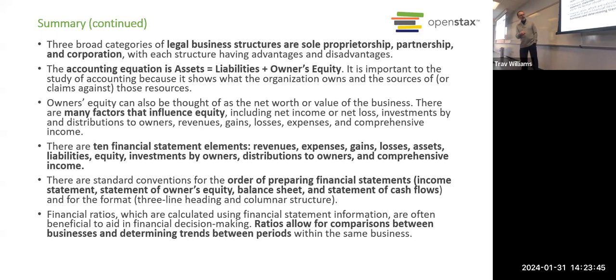And then lastly, we learned about some ratios, working capital, which tells you how much cash you have, or how much money you have available to work with in the short term, and the current ratio, which is a comparison between your current assets and current liabilities. So we have gotten through chapter 2, all right? I'll stop recording, and what we'll do is we'll move back into the exercise set and work our way through it.